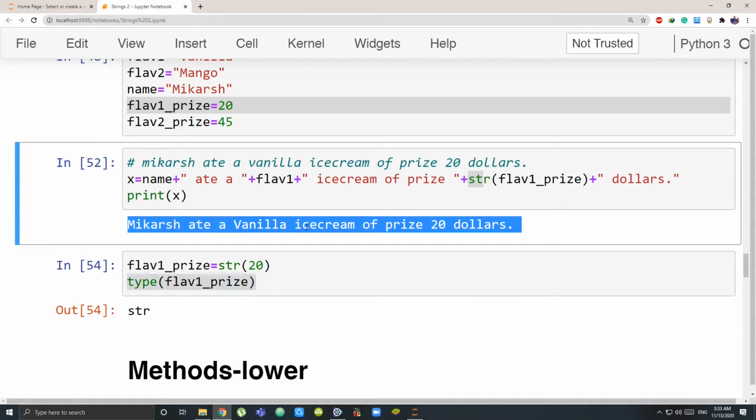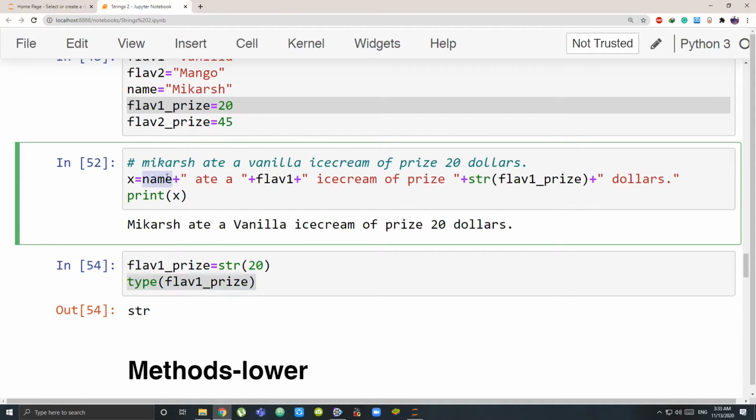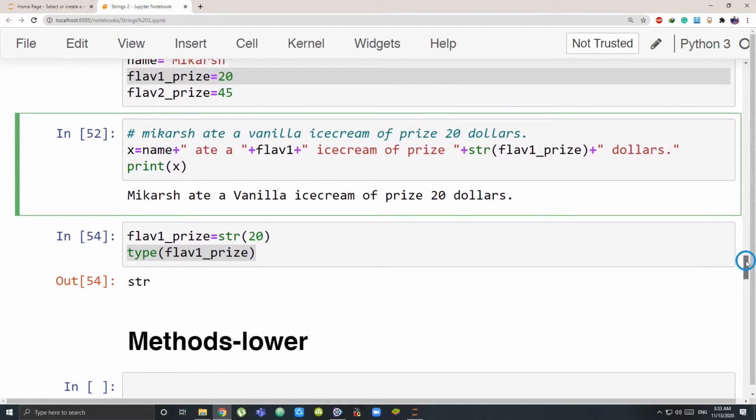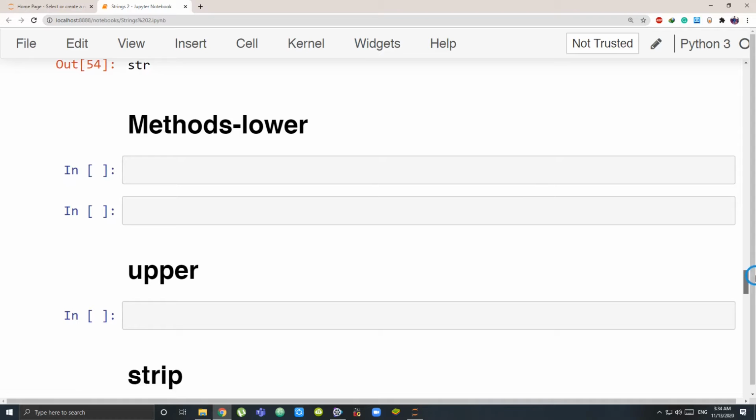Now this is how you concatenate strings, and it is a little bit difficult. Whatever things you have already stored as variables, you don't have to put quotes over there. Whatever strings you're writing directly, you have to put quotes around them. Whatever things are not in the string format, convert them into string as you add them. And don't forget to put the spaces as a part of your string to get your spaces. This might seem difficult, but we have a much easier method that we'll see very soon.